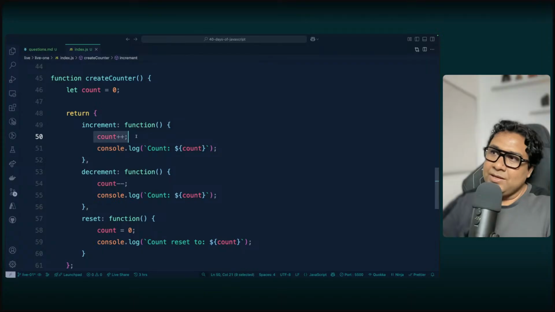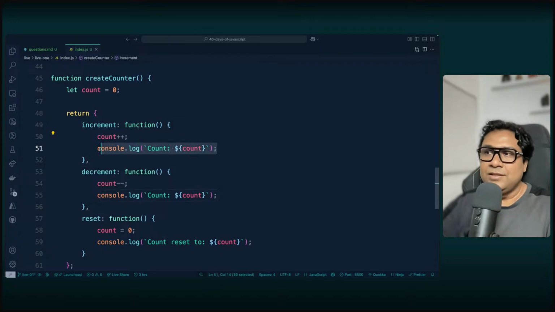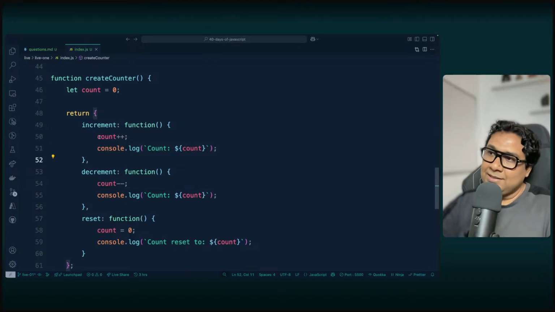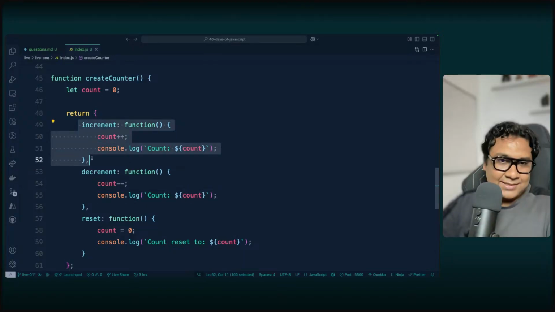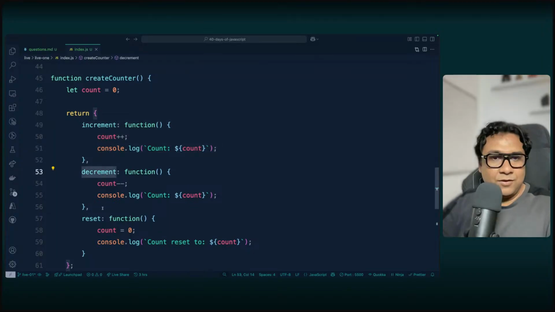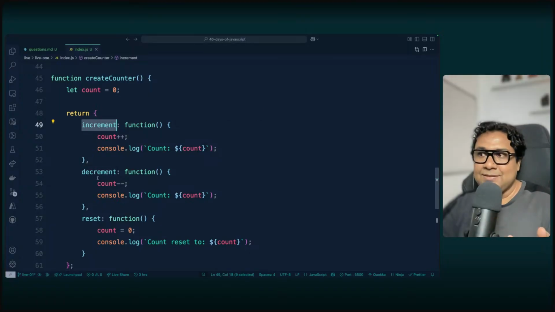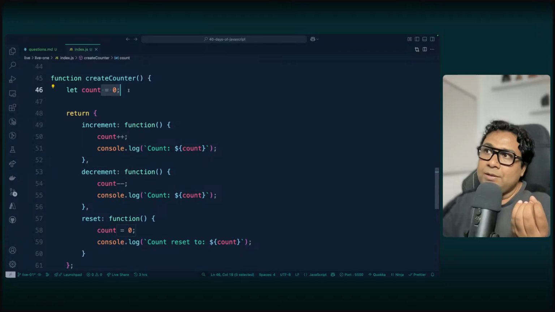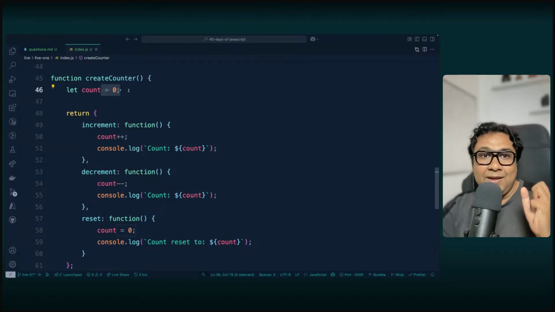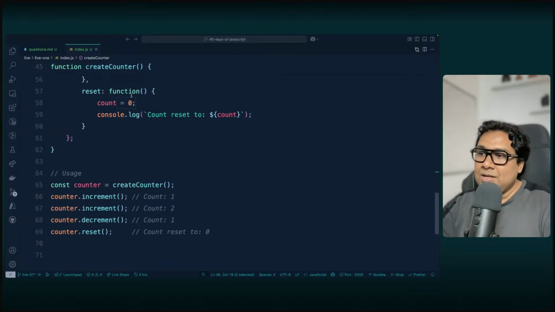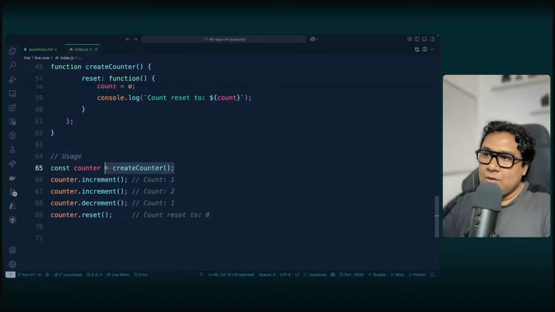Count, you are able to increment and you are actually returning this count or printing this count. So it means that this count can be accessed with the scope chain from any of these inner functions. And when you are accessing these functions at a later point in time, the count variable's value was alive. It was memorized. So first time when I do create counter, I get this counter, and on top of this